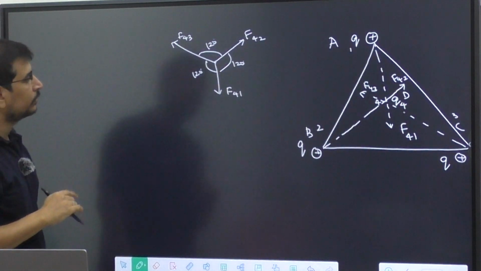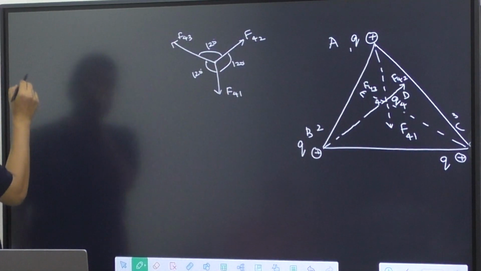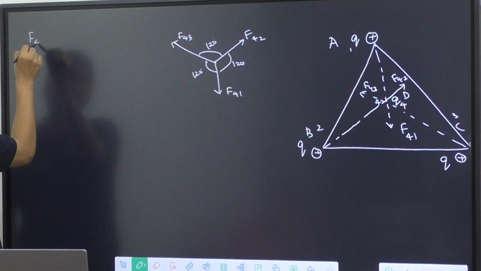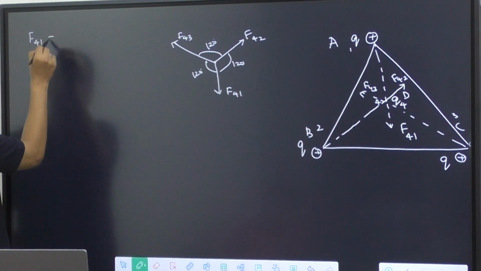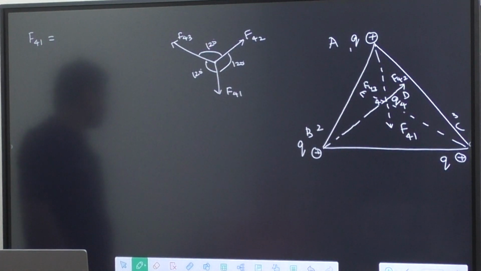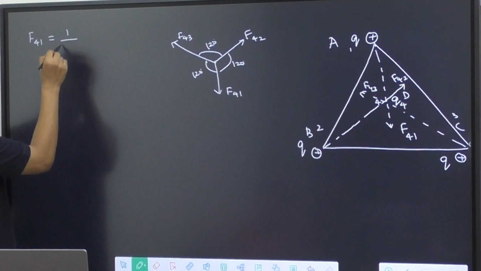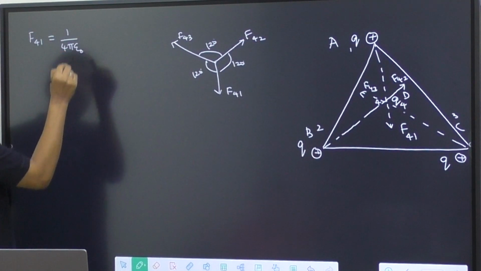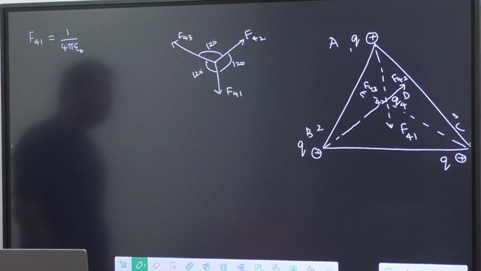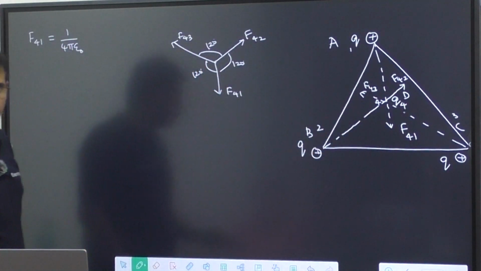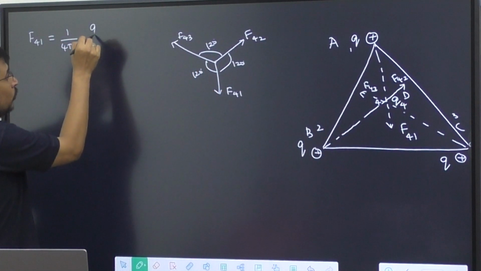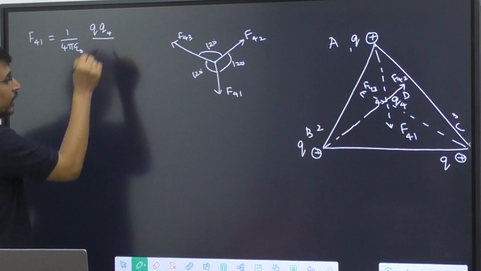Now the question is, what is the value of F41? It is 1 by 4 epsilon naught, Q into Q4 divided by